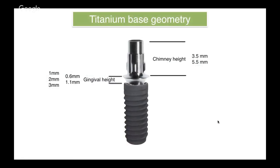Near the end, I want to explain the advantages of the titanium-based abutment compared to the traditional cement-retained abutment. The titanium-based abutment looks like a cement-retained abutment. It has gingival height options and two different chimney height options. But